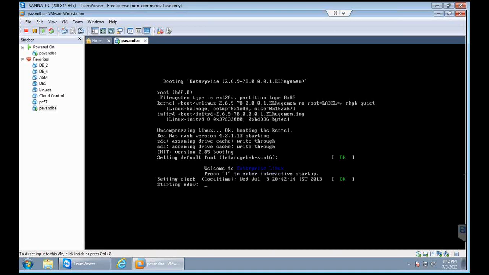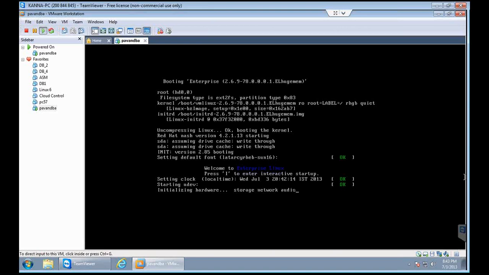But I'm not sure why it got stuck. Is it after installation it is getting stuck? Okay. It might take some time.